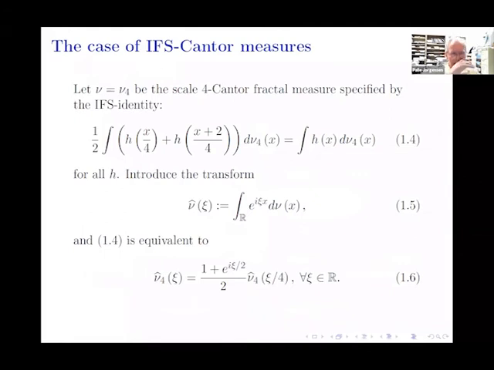Okay. So the first one that comes to mind, at least in the circles that I often talk to, is the Cantor measure you get by dividing by a scale number 4. And then you get a measure whose Hausdorff dimension is a half.